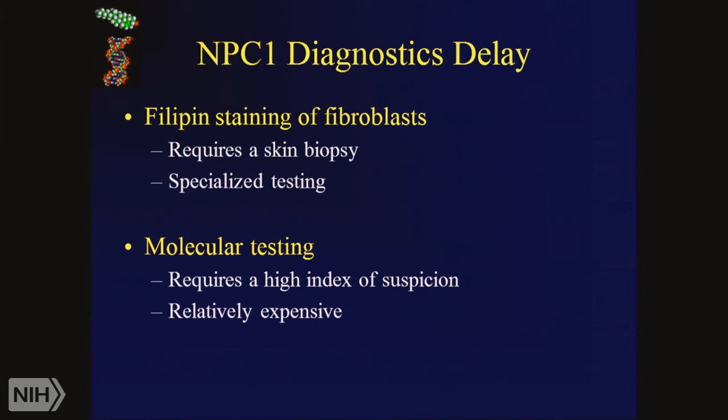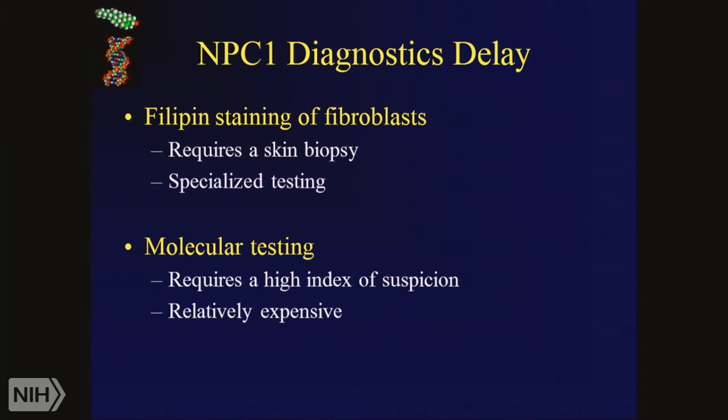You do a skin biopsy, you have to send it to the lab, they have to grow up the cells, and you have to send it off to a reference laboratory to run the test. And it turns out there's really only 2 laboratories in this country that run the Filipin staining test and do it well. There's some labs in Europe that do it very well too. So it was very specialized testing, required the skin biopsy, and people just said, oh, we'll test for all these other things. So lots of kids came in, and yeah, you look at their records, and they had excluded Niemann-Pick A,